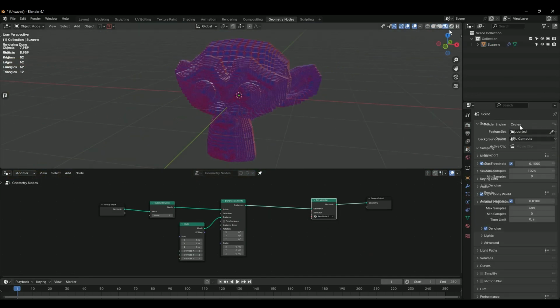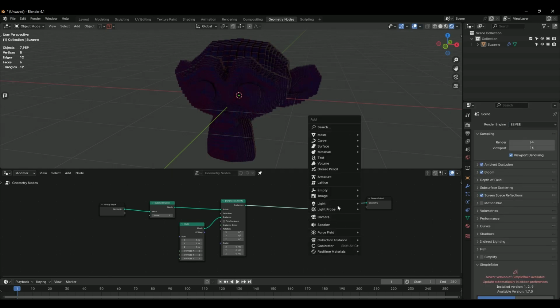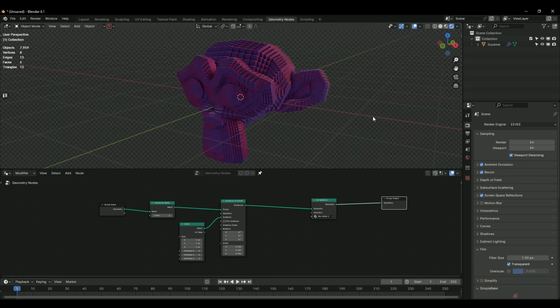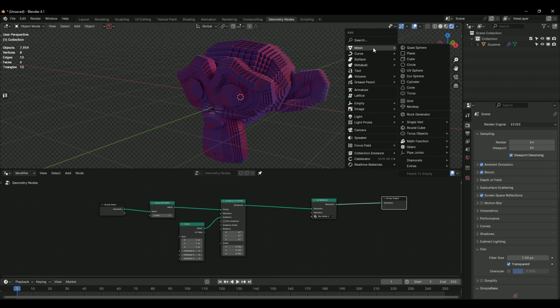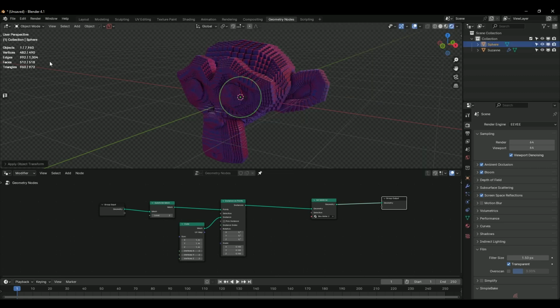Then we have this. I'm just gonna go and set it to Eevee, enable ambient occlusion, bloom, and screen space, and also add a light here. Now let's add in an object for the proximity. So I'll just say mesh, add in a UV sphere, scale it down, apply the scale, and move it out